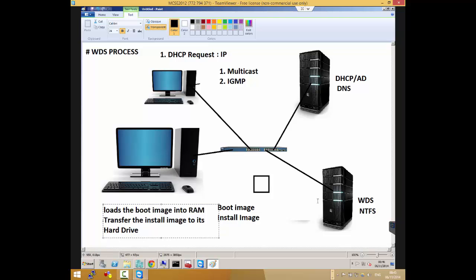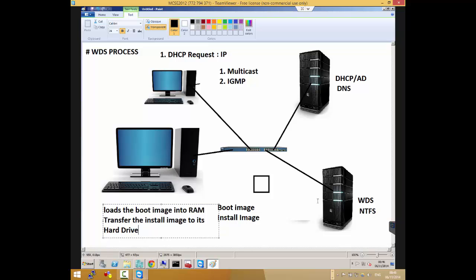So you see that those are two different things. It loads the boot image directly into the RAM and uses that to start the computer. When it uses that to start the computer, it uses that to establish a session with WDS. After it does that, it transfers the whole 3 gig of install image files from WDS directly to its hard drive.